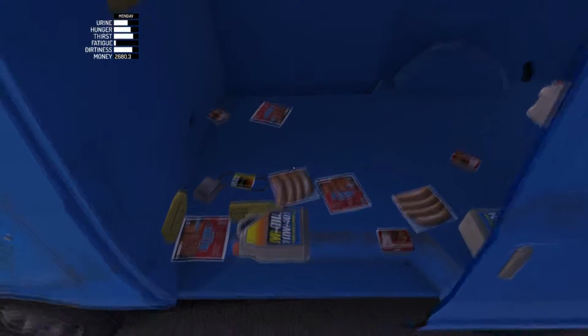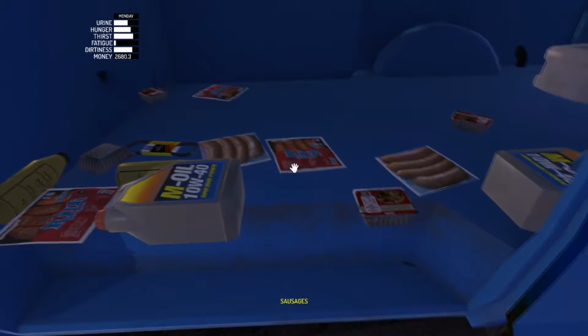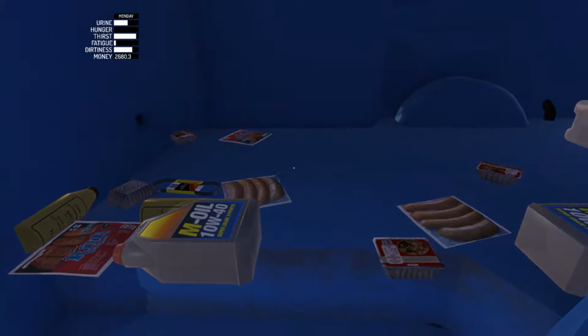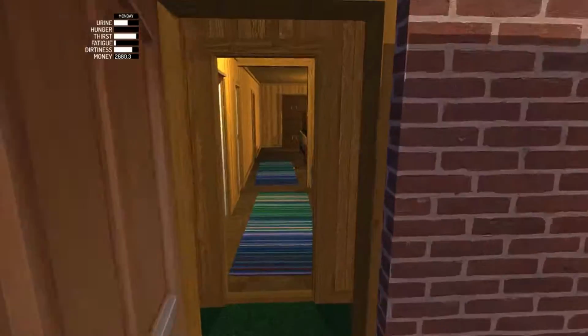Alright, so we are hungry. Let's go ahead and take care of that. It'd be nice if I can interact with my food. There we are, hunger is gone. I might as well just eat out of the back of the van, honestly. First...